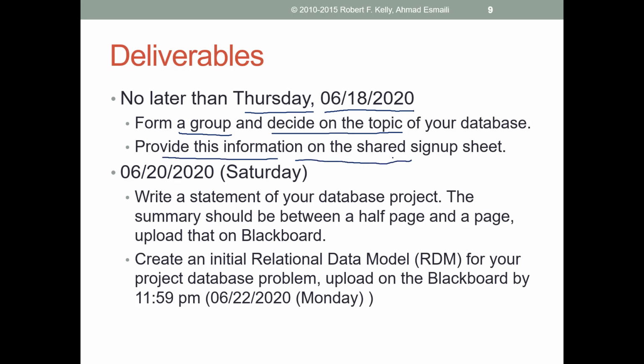the sign up sheet. And we have another deadline after 18th. The next deadline is 20th of this month. And for this, you need to think about your project, right? So you should think of what all you're planning to do in your project. So that means you need to write a statement, and that statement should tell me like what do you want